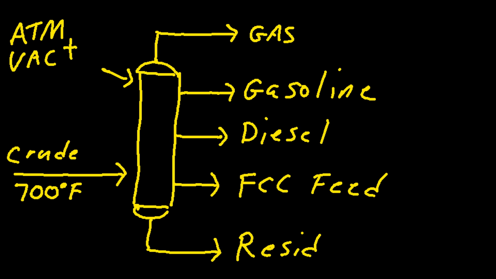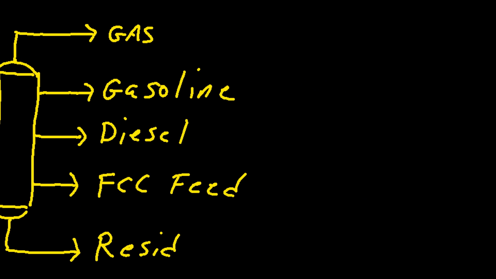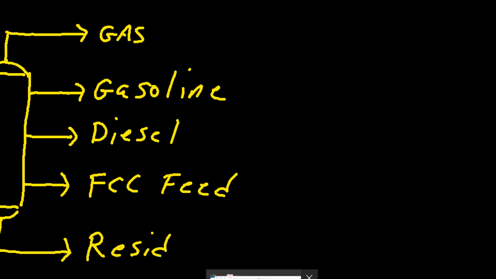A real crude unit would have even more streams that are drawn off the unit than what we have shown here. But this is representative, and it's a good place to start. Let's talk about the cut points of these different streams. Gasoline normally boils in the 65 to 430